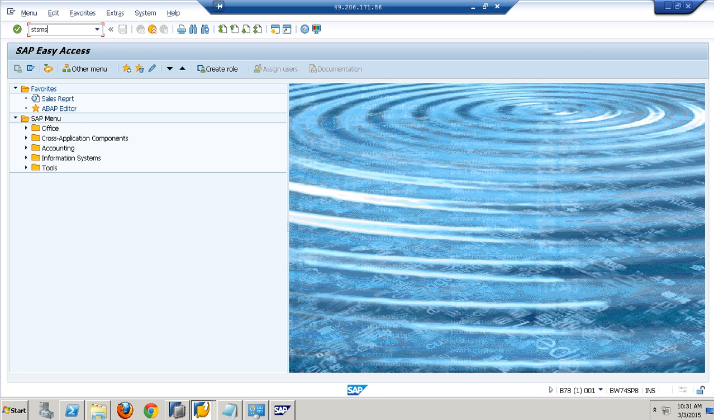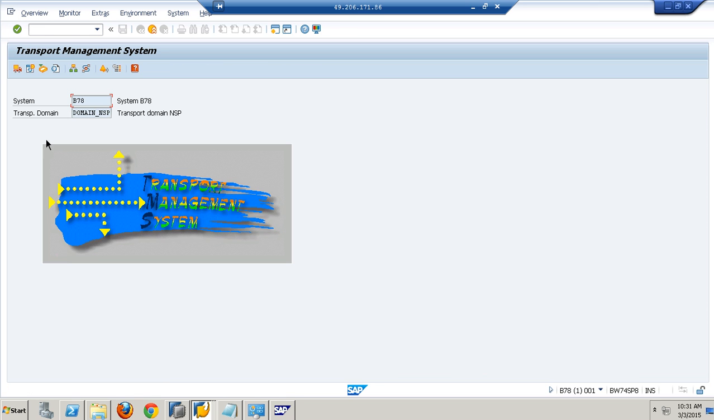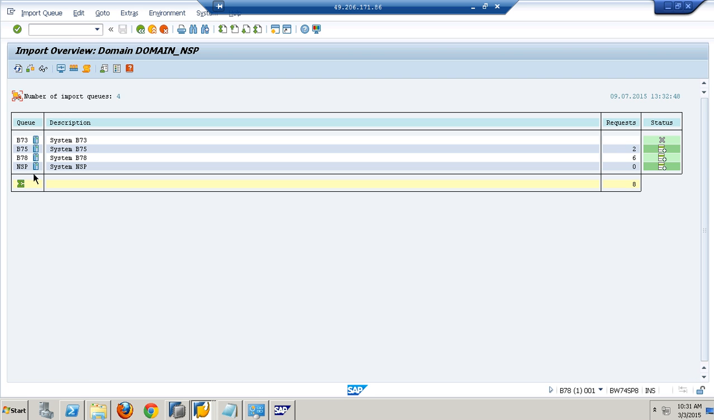So how do we go to the T code? STMS. I mean in the receiving system, go to T code STMS and say import overview. What is the system ID you want to import? Means you'll have real time DEV, QTY, PRD. You want to import into quality, let's say now. Then what do you do? Double click on this